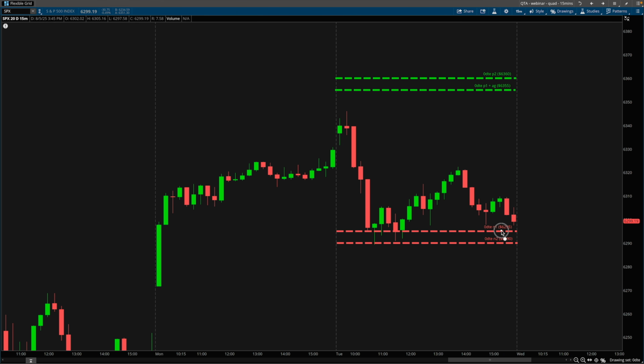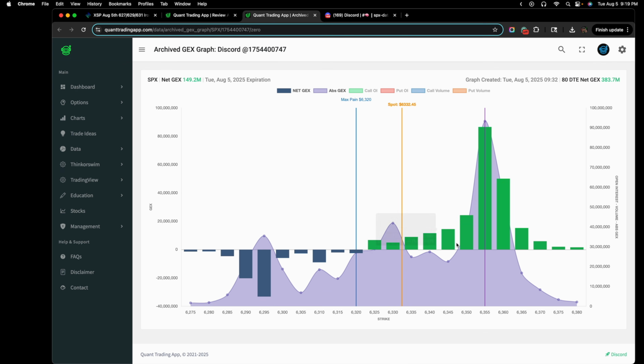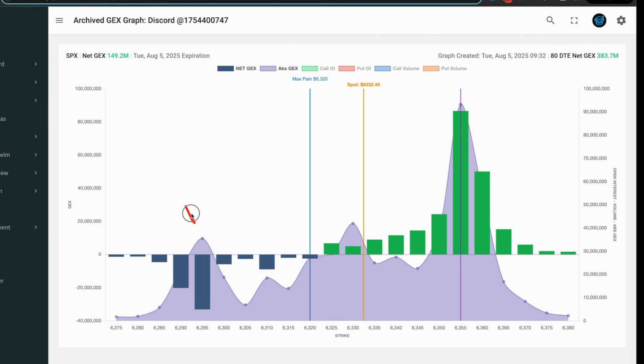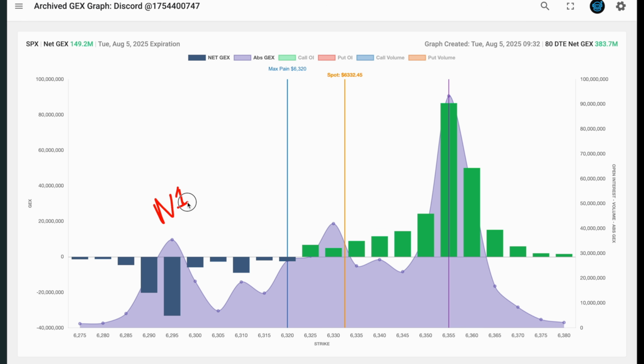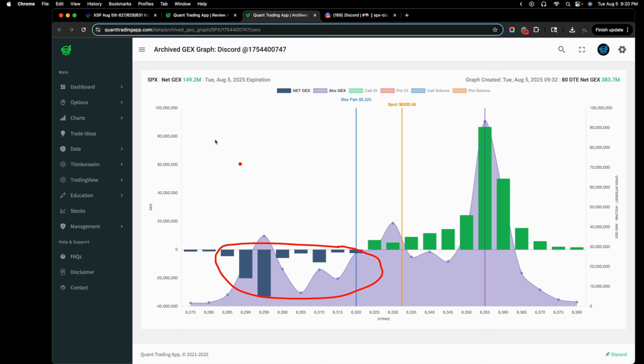So I plotted this level here as 6295. That's this exact level right here, 6295. In Quant Trading App, we call this N1. It just means it is the highest gamma exposure strike on the negative side. This is 0, so anything this way is negative. Anything above this is positive. If it is positive, it is going to be green. If it is negative, it's going to be this deep blue color, but only when the net gamma exposure is